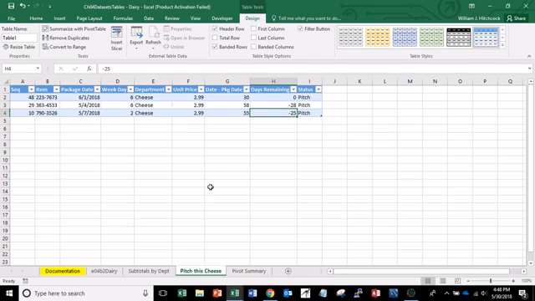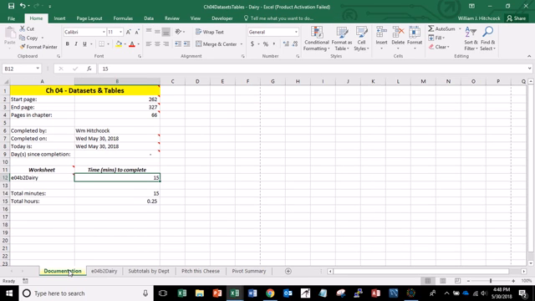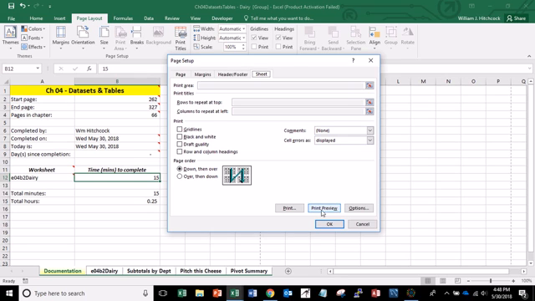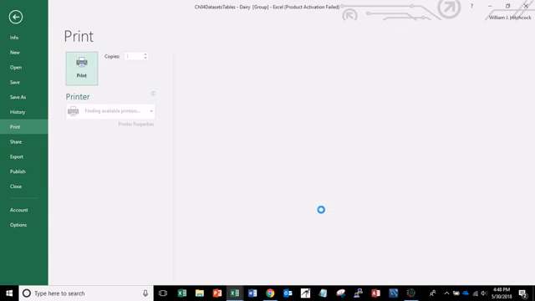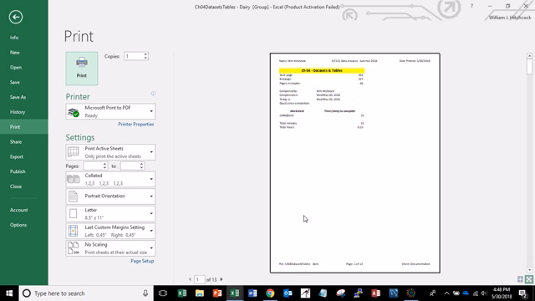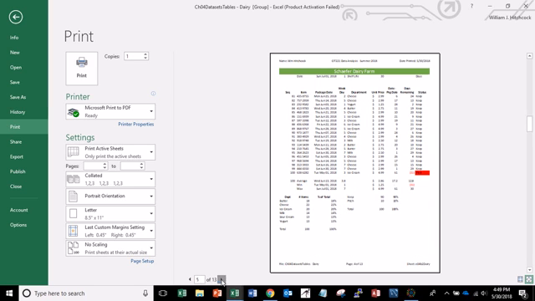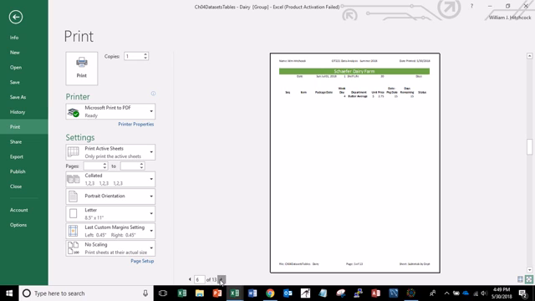Alright, last thing. Since I added in these last couple sheets, we should go back to my documentation page, select all the sheets, check the page layout, go to print titles, check print preview. We've got 13 pages here. Let's just scroll through some of these to see what they're looking like. There's my original data set. There's my subtotals, and I'm just getting the